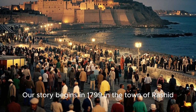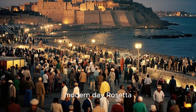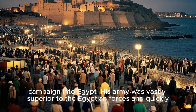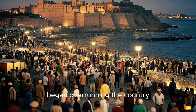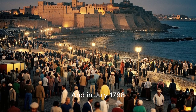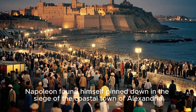Our story begins in 1799 in the town of Rashid, modern-day Rosetta. The year before, Napoleon had launched his ill-fated campaign into Egypt. His army was vastly superior to the Egyptian forces and quickly began overrunning the country. However, resistance soon stiffened. And in July 1798, Napoleon found himself pinned down in the siege of the coastal town